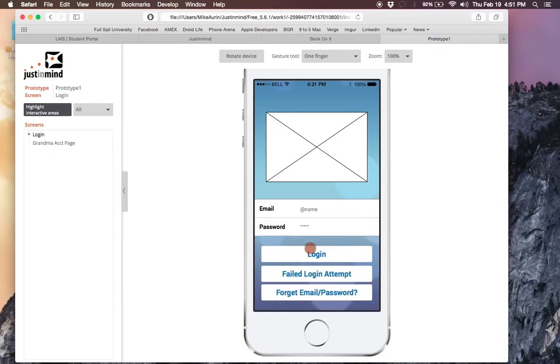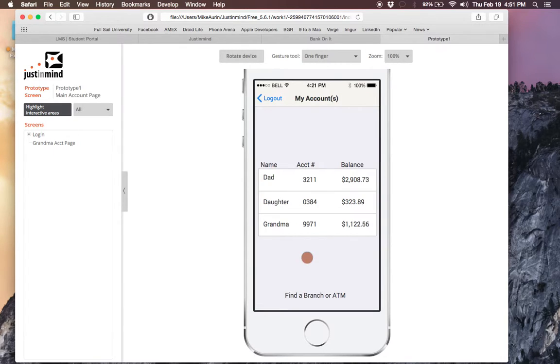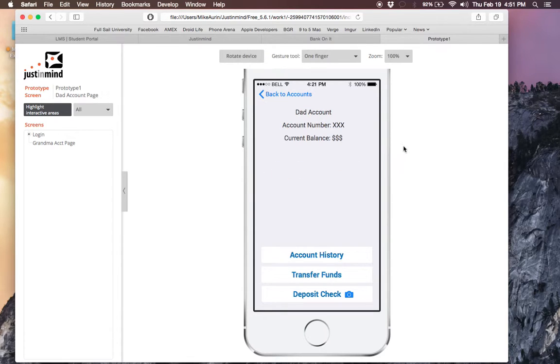Now say you successfully log in, it'll bump you to an account screen based on what type of account you have. For the purpose of this demonstration, we're going to be going to my accounts because this is going to be the father's page showing all three accounts. If you click on the dad account, it'll give you the name of the account, the account number, the current balance, account